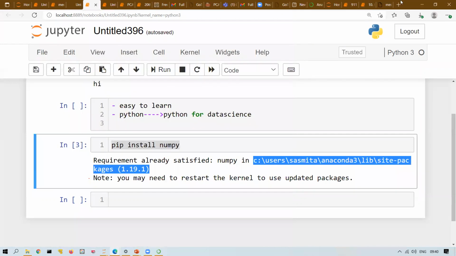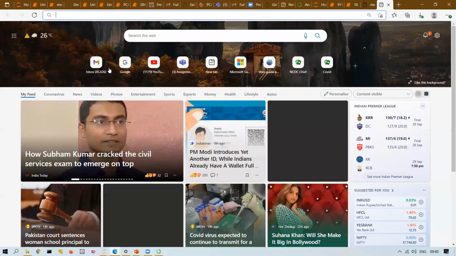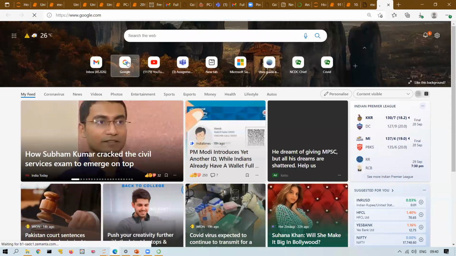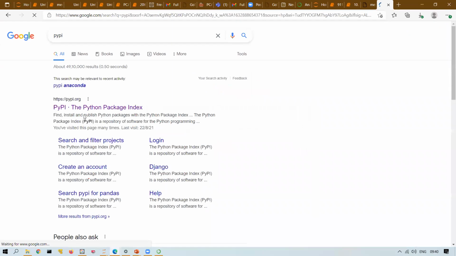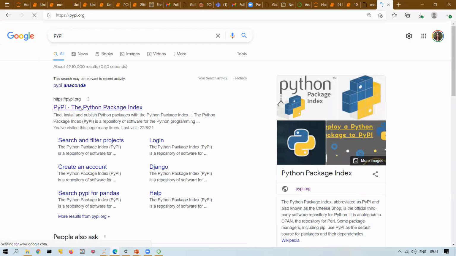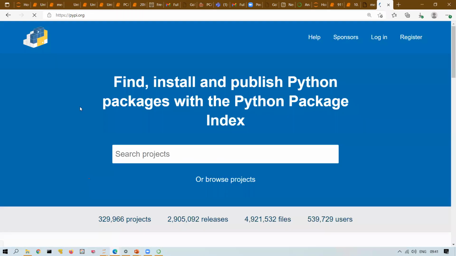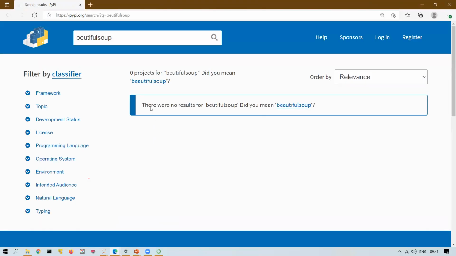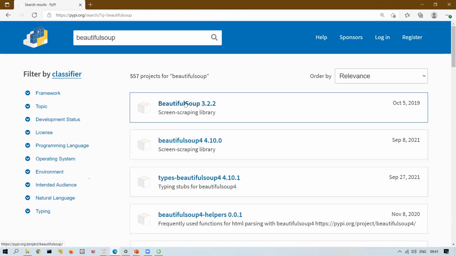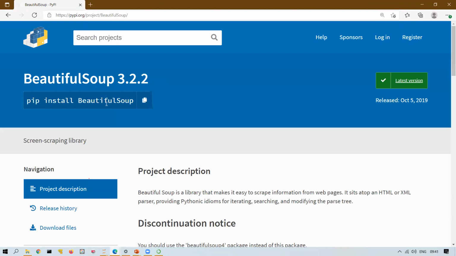And if you're confused about what the name should be, go to PyPI and look it up. PyPI is the Python index, right? So go to PyPI and search for the package that you want to install. For example, I want to install Beautiful Soup. Mostly I will write pip install beautifulsoup, but sometimes the package names are a little different from what we write.